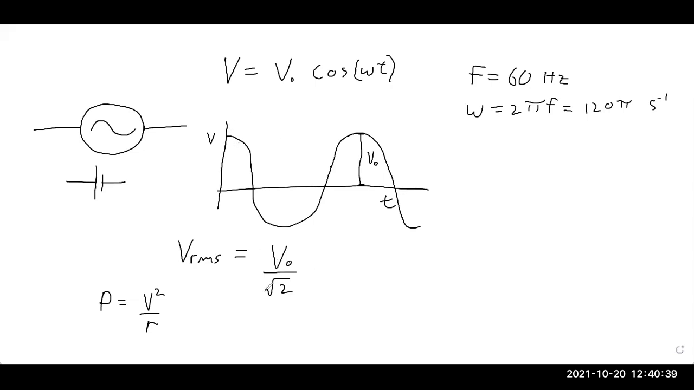So there's just two different ways of describing it. It's easy to convert one to the other. It's just a factor of the square root of 2. So if we have this power source and we make a circuit with a resistor out of it,